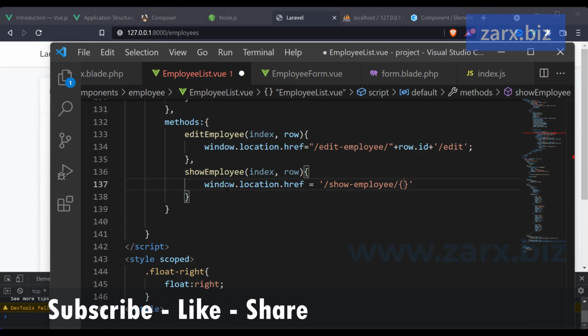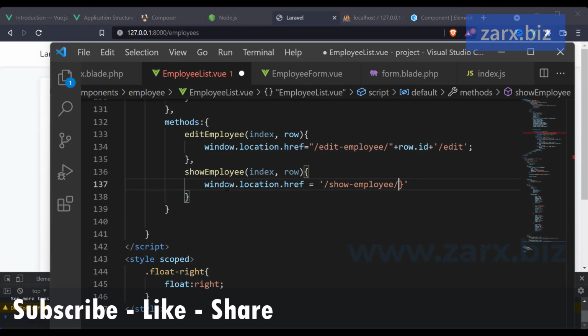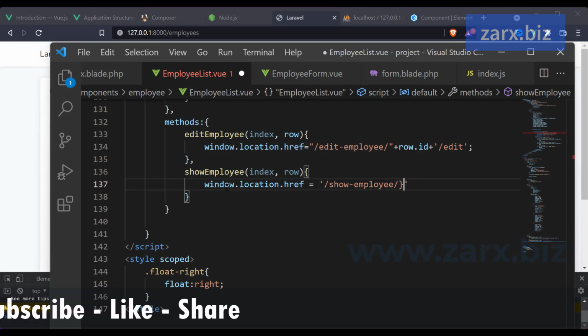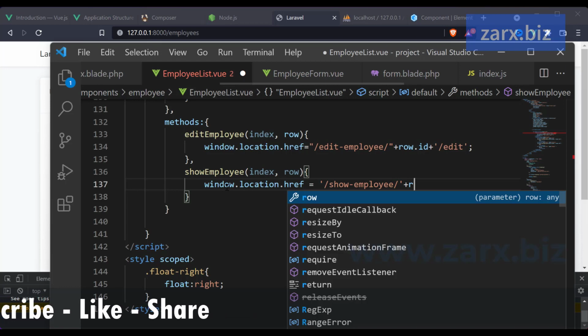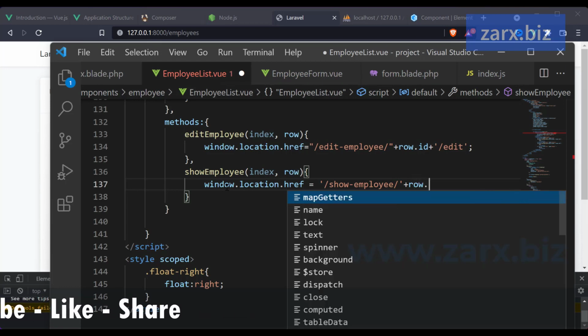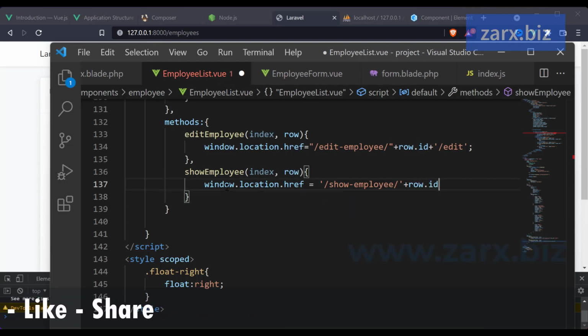All right, so basically we need to pass the ID outside here, row.id. Okay, so this is going to send the user to this page,